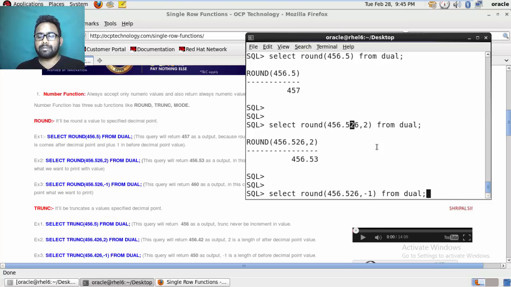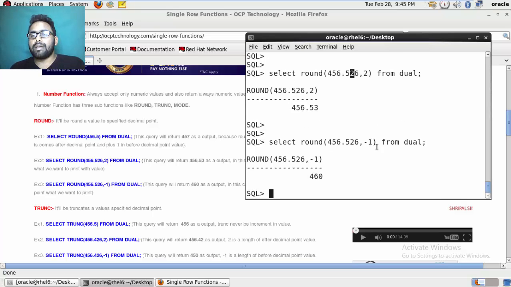What happens here? With minus 1, the rounding is applied to the digits on the left of the decimal point, so the value length is affected.